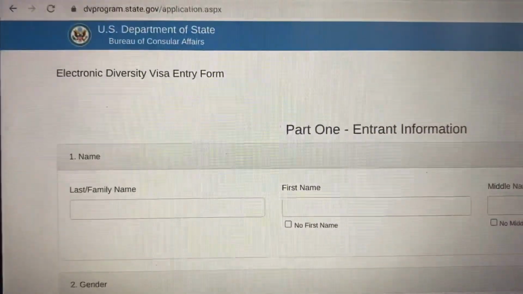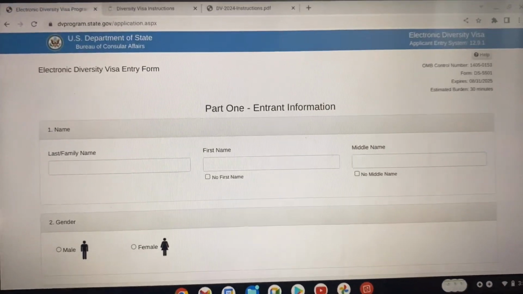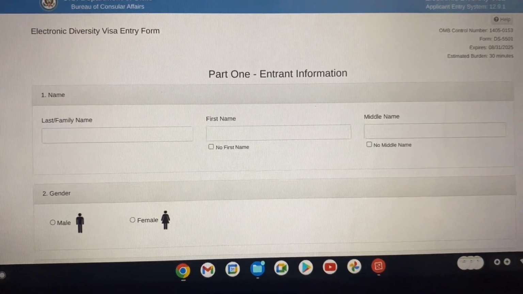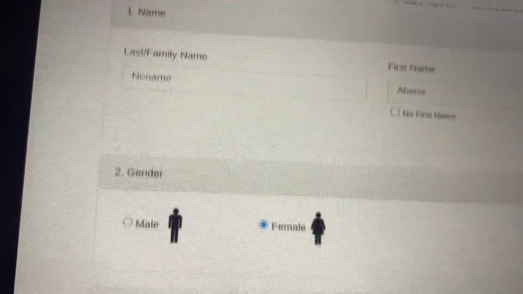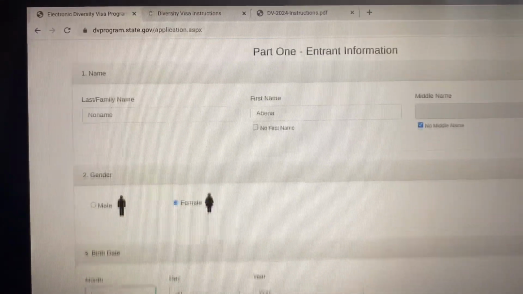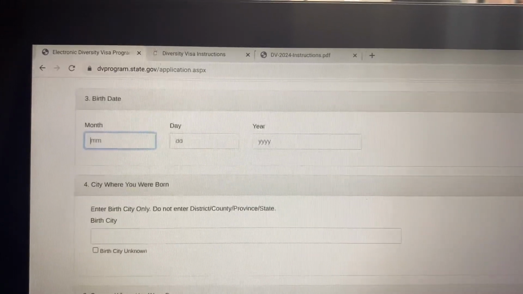It will take you to the actual application. Part 1, you will be typing in your last name, your first name, your middle name, and then you're going to select the gender. Okay, there you go. So I type in the last name, the first name, there is no middle name, the gender, and now I'm going to type in the